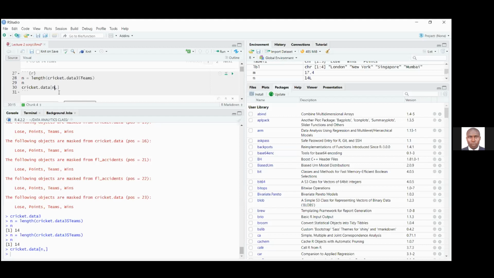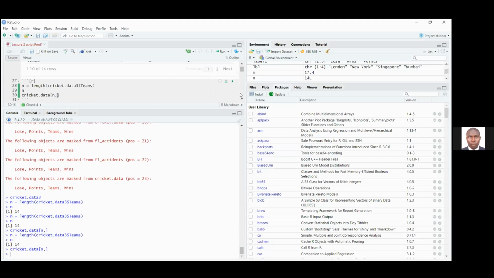You can see that I'm using a square bracket, not an ordinary bracket. We did this last week anyway, but if you want to see it clearly here, we have N, comma. It means pick this particular row and all the information in that row. If I run this,